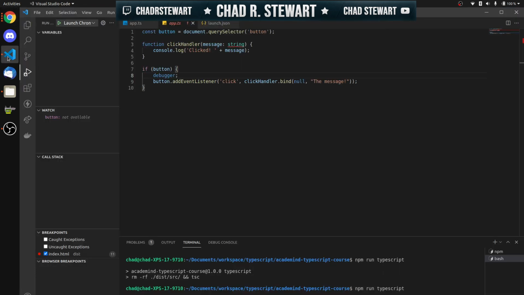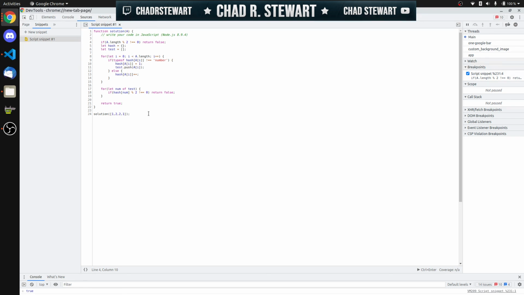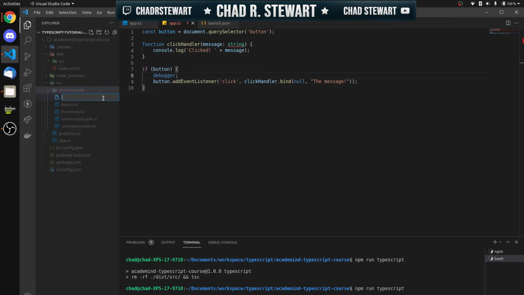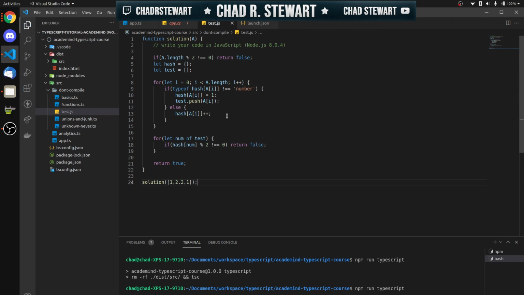There is also debugging in Node, not Chrome, and I will give a quick look at that by copying this code. What do I want to do? Yeah, let me put this in here. So new file. I'll just call it test.js, and I will put it in here. And so I believe, let me see,